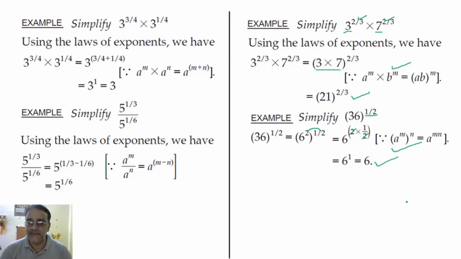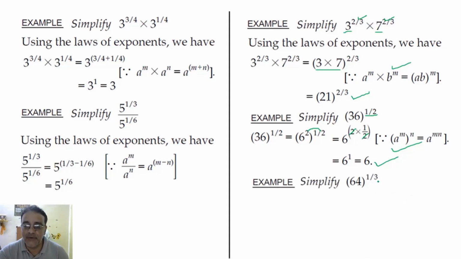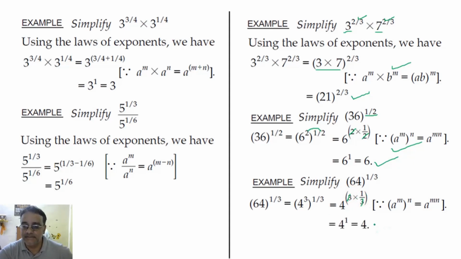Right. Now one more example we'll see. 64 to the power 1/3. So 64 we have to write in power of 3. How will you write? 4 cube. Yes, 4 cube. Right, very good. So 64 to the power 1/3 is equal to 4 cube to the power 1/3. Again, the same property we are using here. 3 into 1/3 हो जाएगा. Same law, and this 3 will be cancelled and we'll get 4 to the power 1, and that is 4. Okay, any doubt in these simple problems?